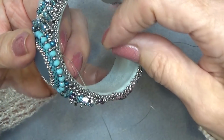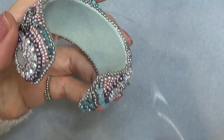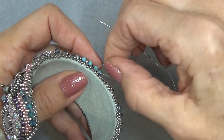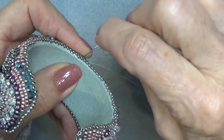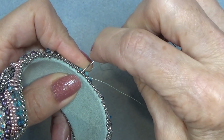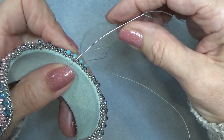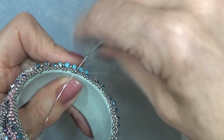Okay? So I'm going to turn my cuff in this direction so I see the back. Exiting a bead right there. I'm going to sew through this one, so that's the one more over, and through the backing, or the Ultrasuede, just want to get a little bit right there. See that? See how I'm just taking a bit? I'm going to get my needle through,